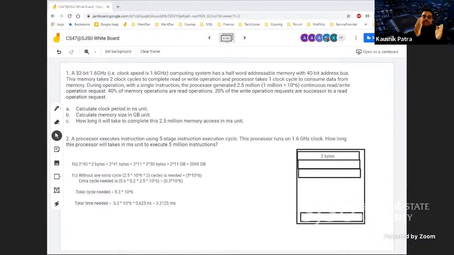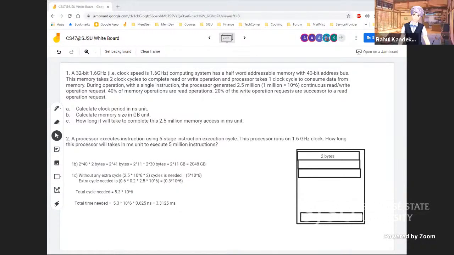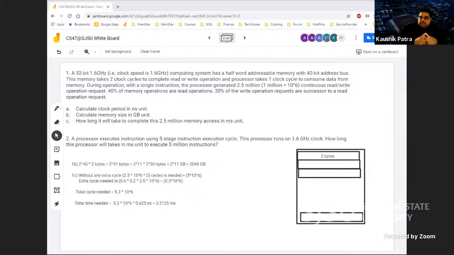Right. It comes from the fact that memory is producing that data at one time point, and the processor needs one more clock cycle to register that data. So during that time, no one can override any data on the data bus. That time period is where the consumption of data is happening. Okay, I see. The processor always consumes the data, but how many extra cycles are added really depends